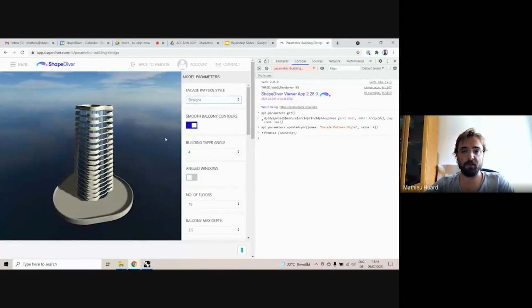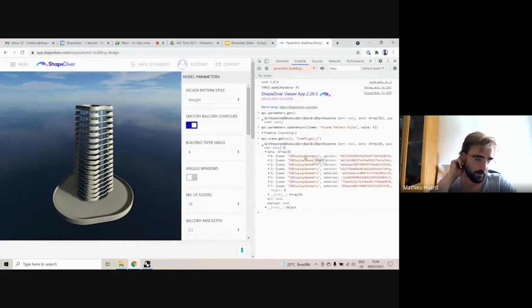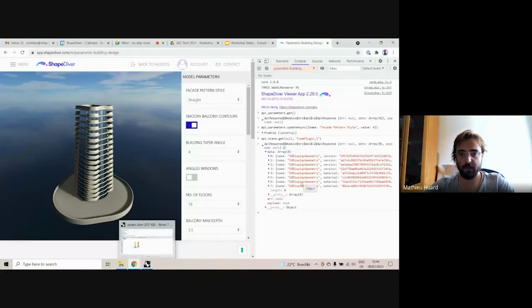So that's the parameters interface. If we now look at what else I can do with the API, well, I can also look at everything that's in my scene. So there's a get function, api.scene.get, which lists all the geometry in my scene. And here, again, like yesterday was another model. I'm not lucky, but here I have